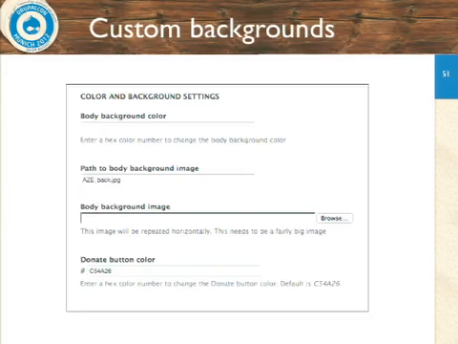So one of the first things that we did is we exposed some custom background settings to the theme, right? These are all running off one theme, but we can declare what the background image should be. So in Arizona, it's a bunch of cactus in the desert. And in North Carolina, it's mountains, because North Carolina's got some nice mountains. They can add, I love this, they can change the donate button color. They can't change the text. It always says donate. They can change the color of it to match the mood they're going for, which is kind of interesting.